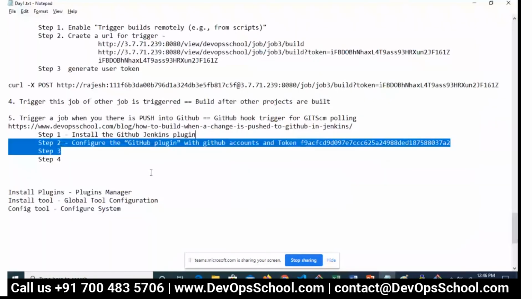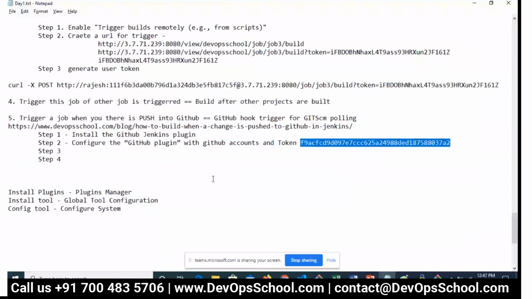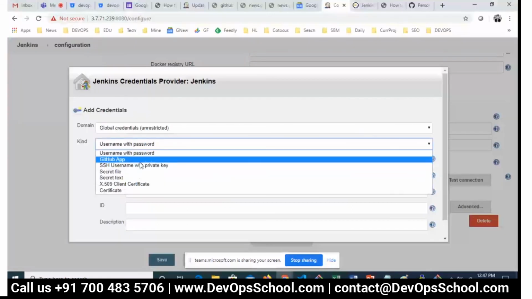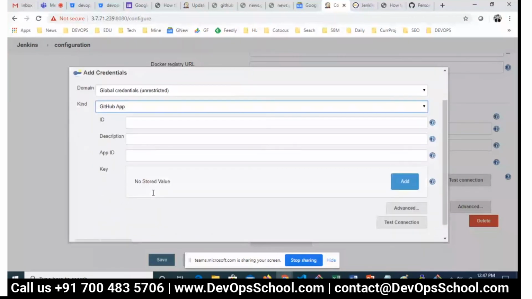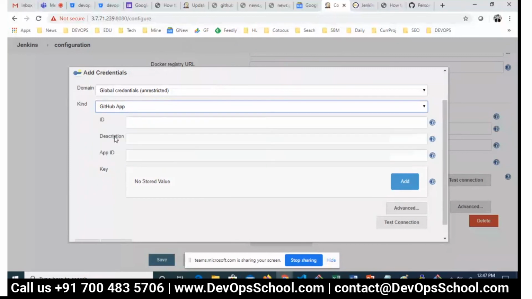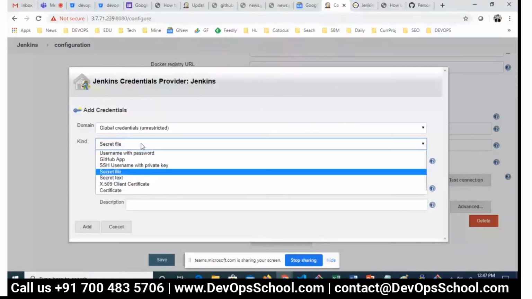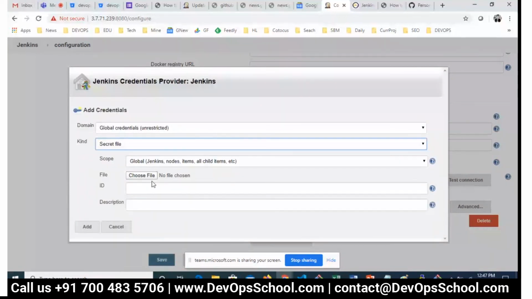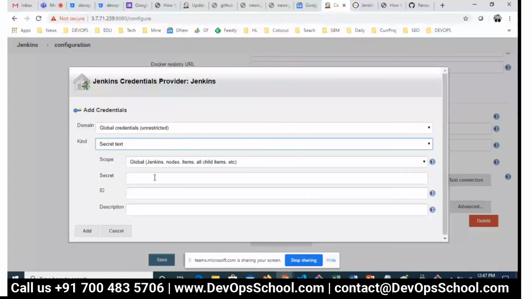My token is, by the way, it's not a password, it's a token, right? So here, GitHub app. Okay. And just a second. Secret. I'm using for token secret text.